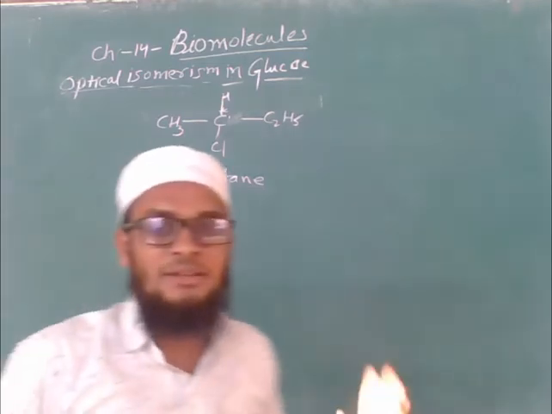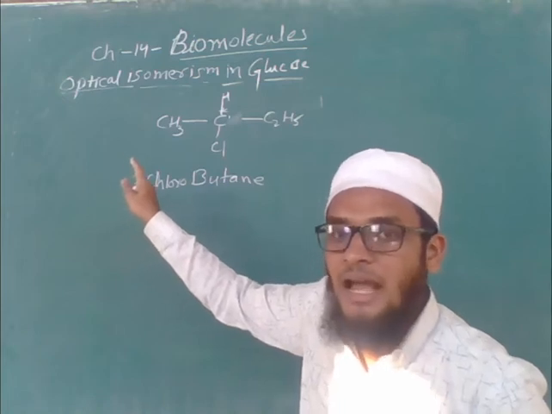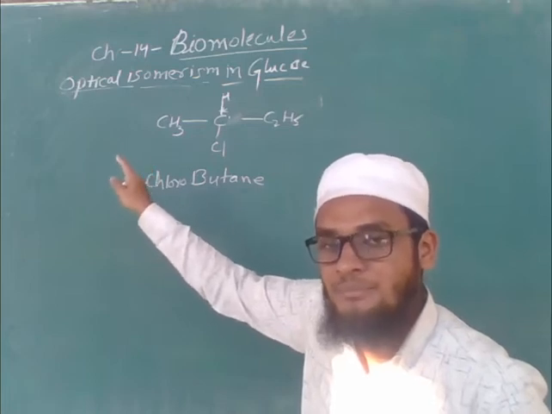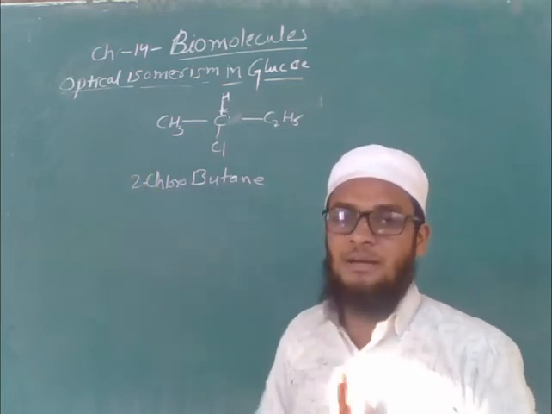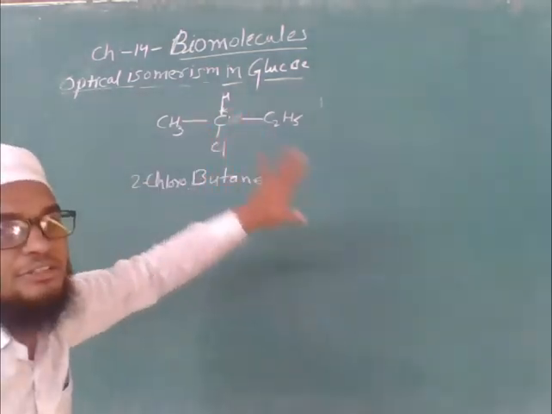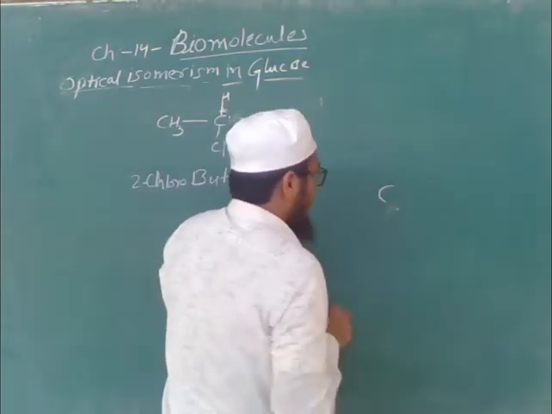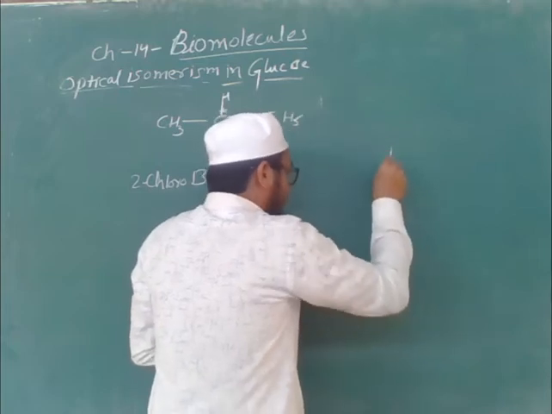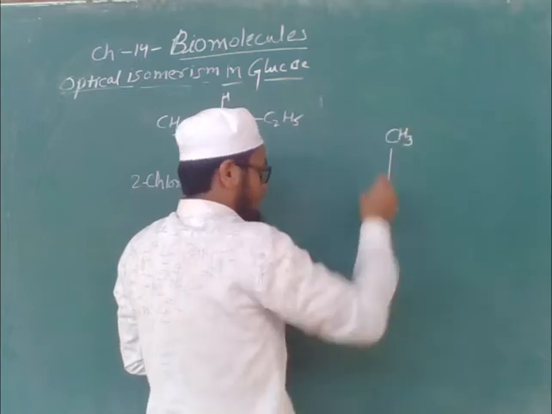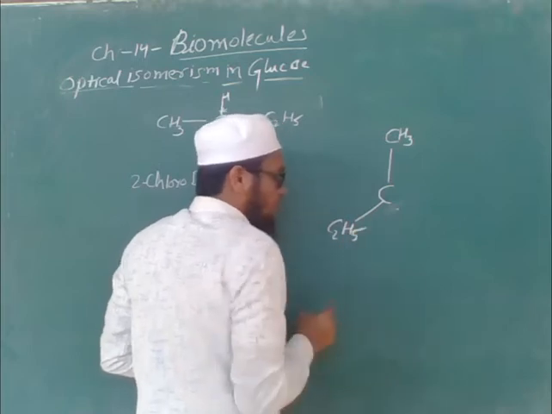So what is a chiral carbon? This carbon has 4 different groups or atoms attached. They are different. A carbon with 4 different groups or atoms attached is called a chiral carbon. So we'll move on to how to draw this chiral carbon in 3 dimensions. Look at this. This is our chiral carbon. On this side it has the CH3 group. On this side I will draw C2H5, our ethyl group.